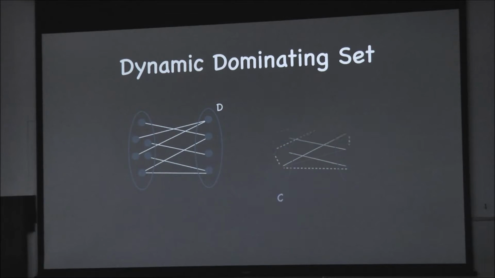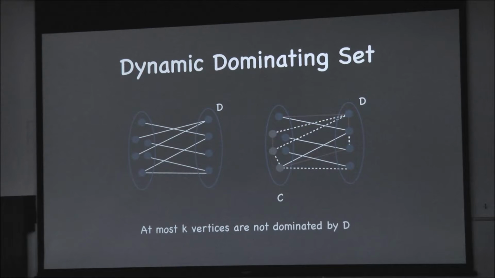Alright. So this is the graph G again, and this is the new graph, and we need to worry only about the deletion of edges between D and the other set C. These are the only problematic edges. But how many vertices can go undominated? D was dominating all the vertices, including itself. Now the number of edge additions plus the number of deletions is at most k. Number of edge deletions is at most k. So at the max, k vertices could go undominated.